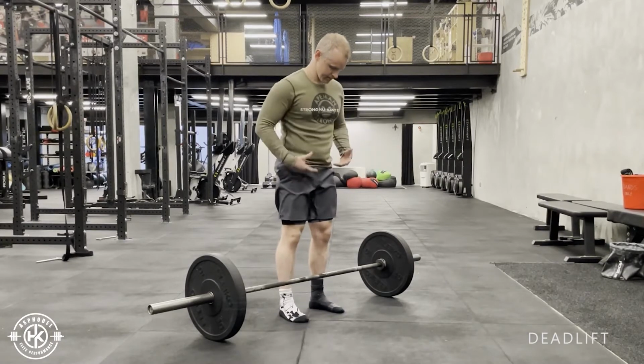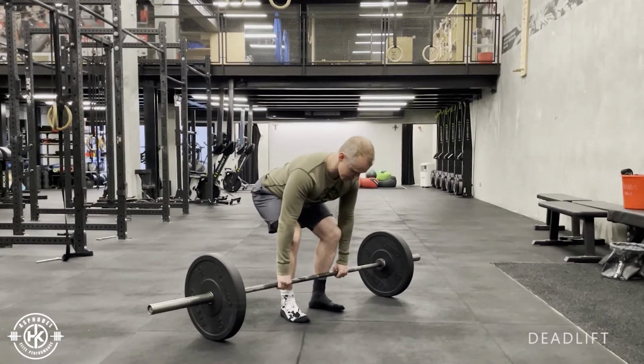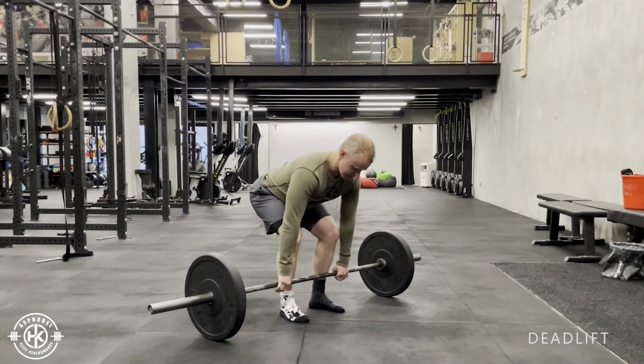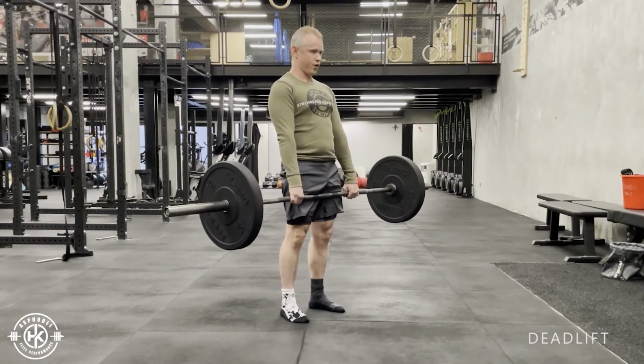So, from this position here, I'm going to push my hips back, shins stay vertical until I touch the bar. Now, because of this position, the bar is going to be a little bit closer to my knees, and I'm going to pull the slack out of the bar. Hear that click? Now, with full tension, I'm going to pull the bar up to my knees, shoot my hips forward,